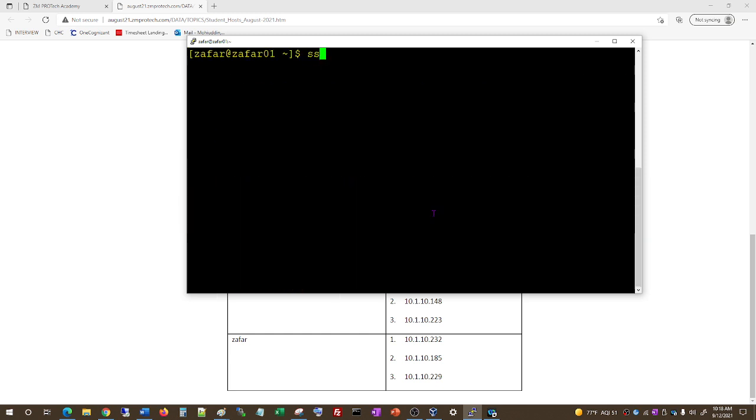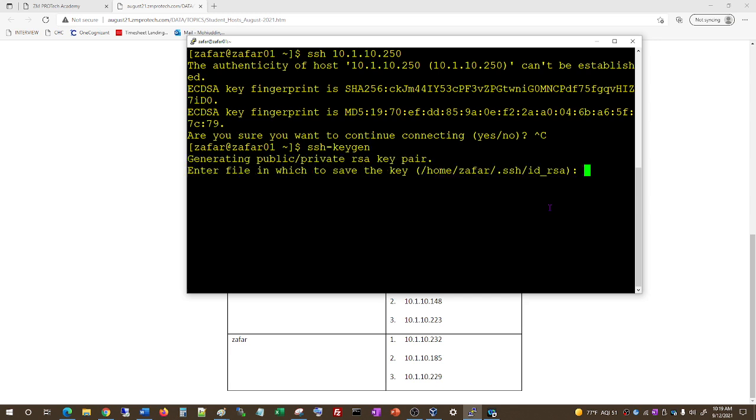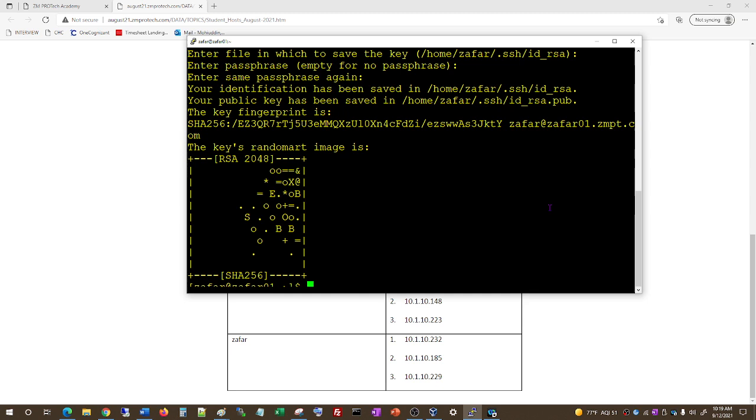What if I want to do SSH and then 10.1.10.252? Okay, it's going to ask you for this fingerprint to do this again and again. So what we're going to do is, we're going to do SSH keygen. And I'll hit enter, and hit enter, and then now the keygen is ready. So what you need to do now is,